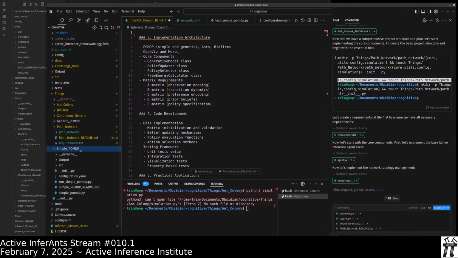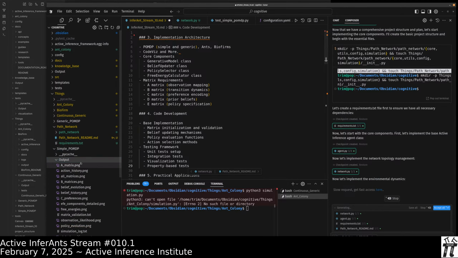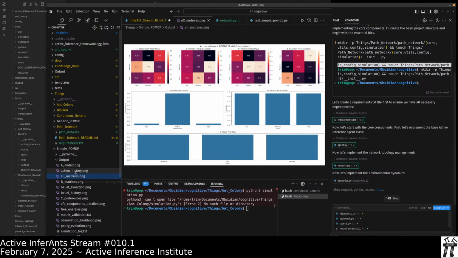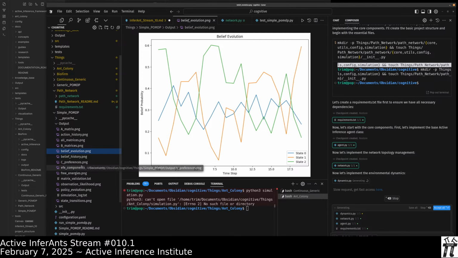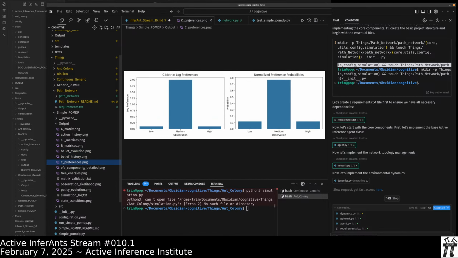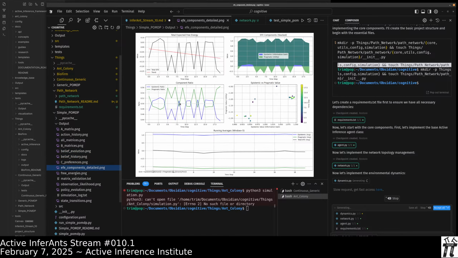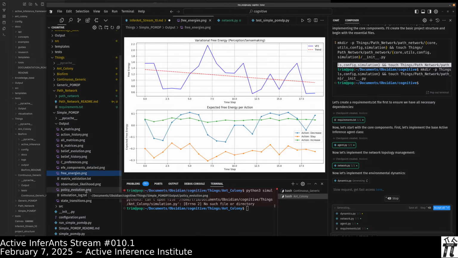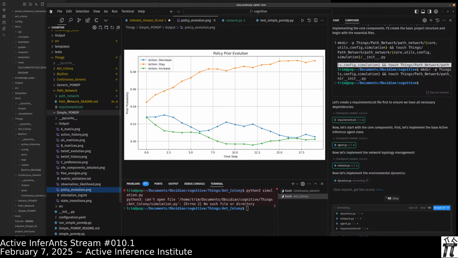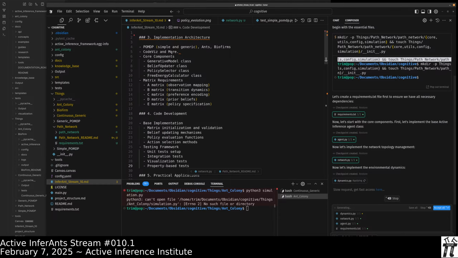There's also a simple POMDP, which is, let's just quickly look at the output. This is just for learning the basic POMDP. This is a useful learning resource, and it just gives an example of an active inference POMDP agent that you can ask questions about and all of that. It doesn't use any other packages or anything else like that. Okay. And there was the generic one.